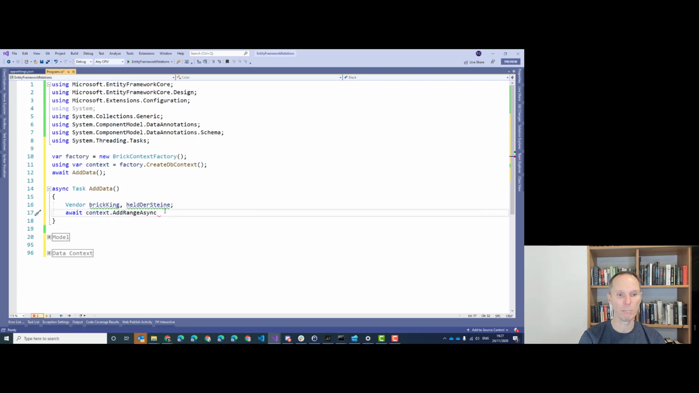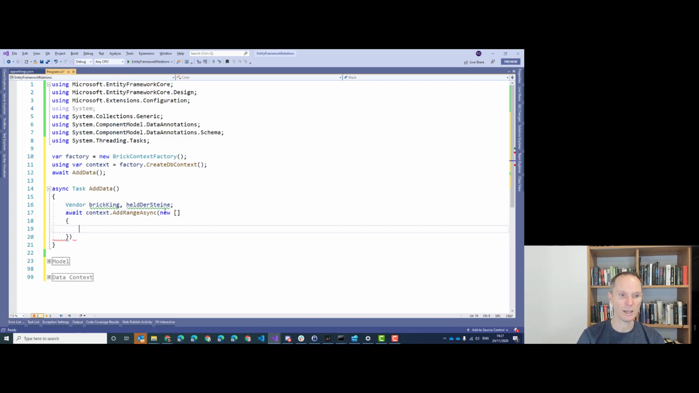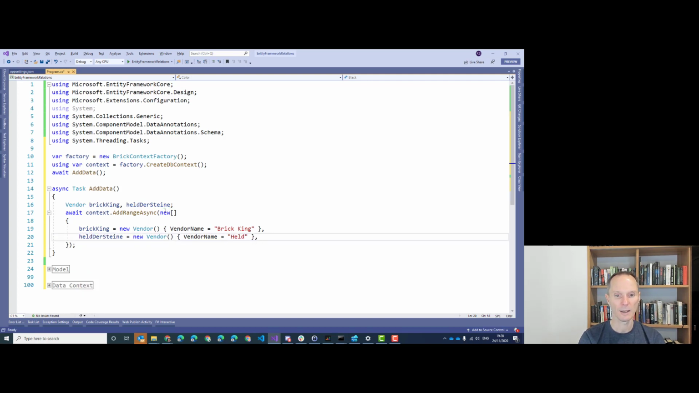context.AddRange, so we can add multiple things at the same time. Let's create a new array because we would like to add multiple things in one go. Let's store the Brick King, new vendor. We can shorten that one, because the system, oh no, we cannot, because I have to specify it here. And the vendor name should be Brick King. That is a very simple line, and we will duplicate it, Held der Steine, and call it here Held der